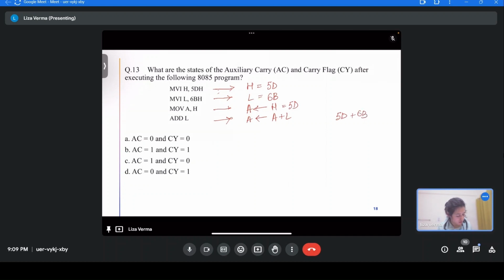Now, if you add this, 5D is 0101 1101, and 6B is 0110 1011. After adding these, we'll get 0,